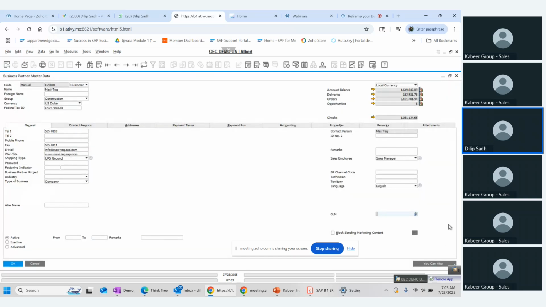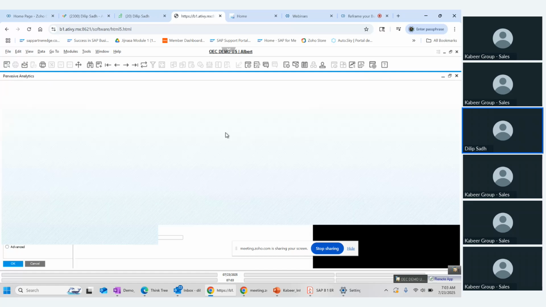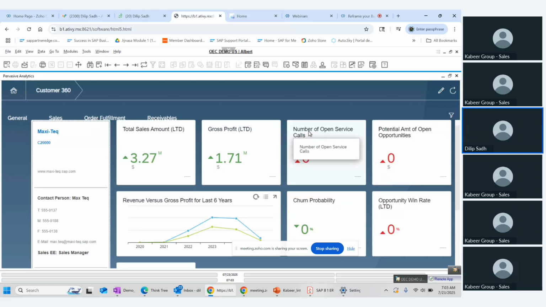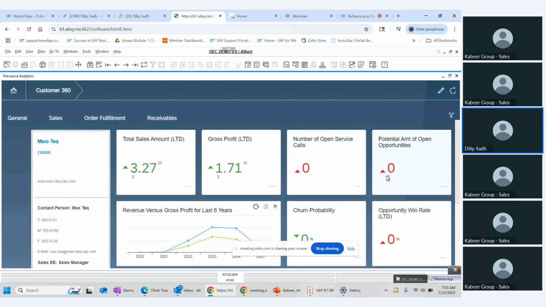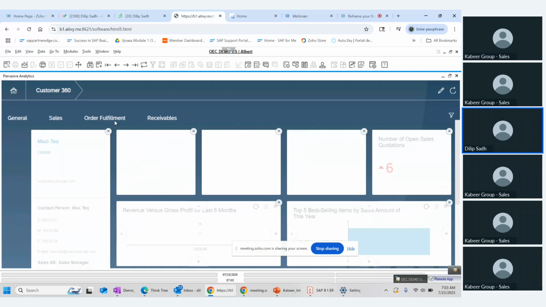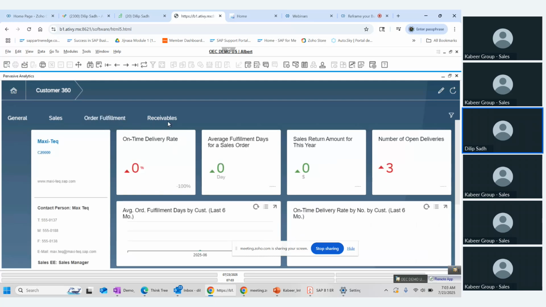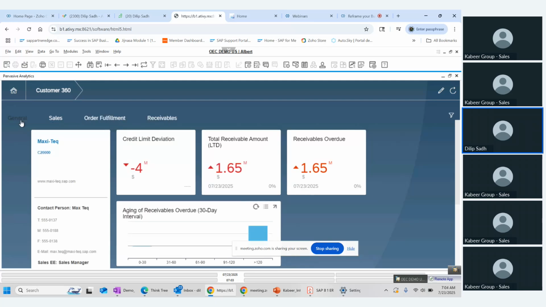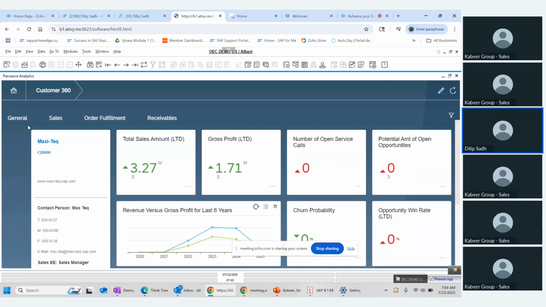And then if you want to go back, there's a very interesting report that is called Customer 360. If you have a customer, and if that customer is an important customer, you can have a general overview, you can do a sales overview, you can do an order fulfillment overview, you can do a receivable overview, because sometimes we have an important customer, and because this is an important customer, we want to have a complete and detailed overview of that customer. So for example, here we have a customer called Mexitech, and for that customer Mexitech, you have a total sales amount